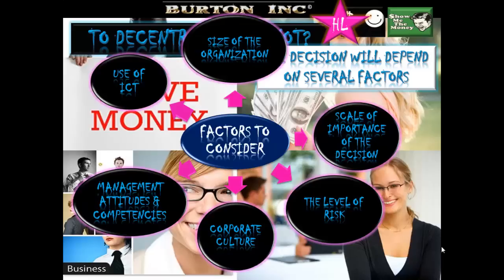The level of risk involved, high risk decisions again are going to remain in the hands of the key decision makers, so they're going to remain centralized. You don't want some lowly subordinate playing with $6 billion worth of your bank's money. We've seen this quite often in the news. Some rogue trader making huge bets, highly risky, highly speculative, and wiping billions off the value of the particular bank that they're working for.